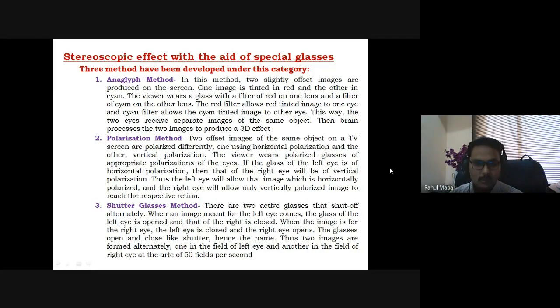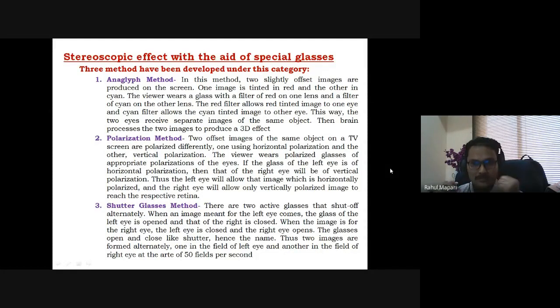The glasses open and close like a shutter, hence it is called the shutter glass method. Thus two images are formed alternately, one in the field of the left eye and another in the field of the right eye, at a rate of 50 fields per second that is required for television. In this way, again, two images are created for the same object by using the shutter glass method.